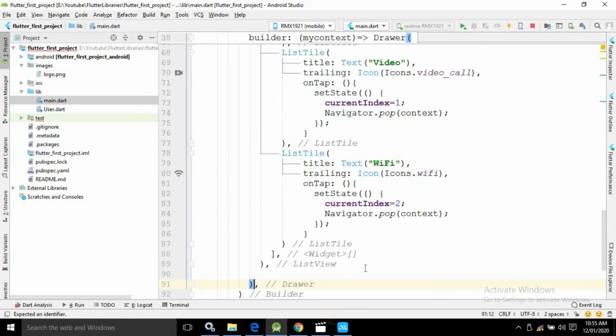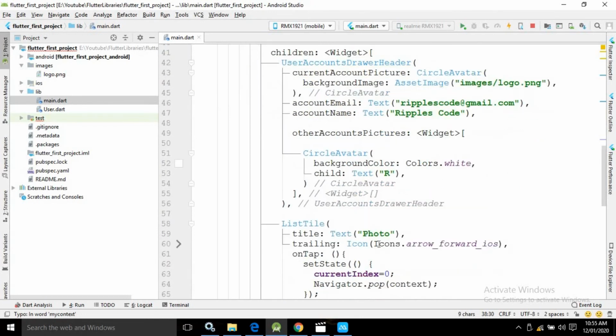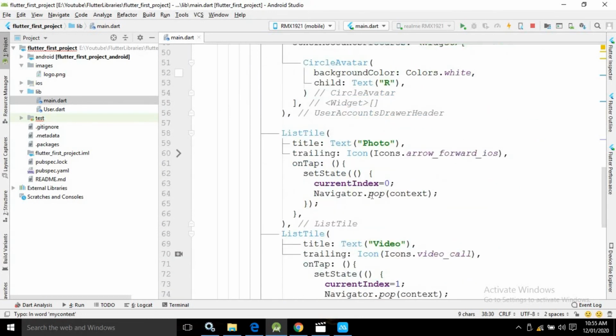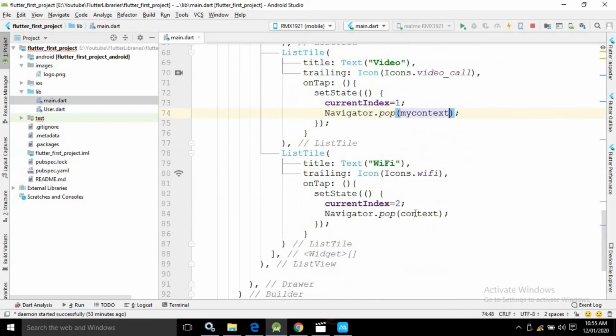This builder widget is used to pass the context to our child widgets. Now I will copy this my context, and where I have written navigator.pop context, instead of context I will pass my context, here also and here also. That's it. Now let me save this.